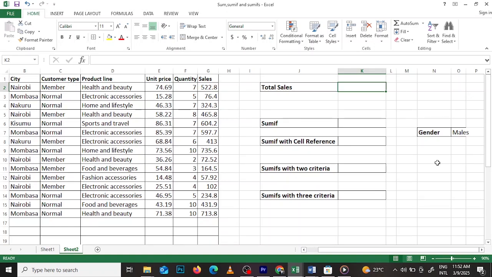In this video we'll be teaching you how to use SUM, SUMIF and SUMIFS in Microsoft Excel. So we need to learn about SUM first. SUM means adding up total values, and SUMIF and SUMIFS are both functions used to sum up values